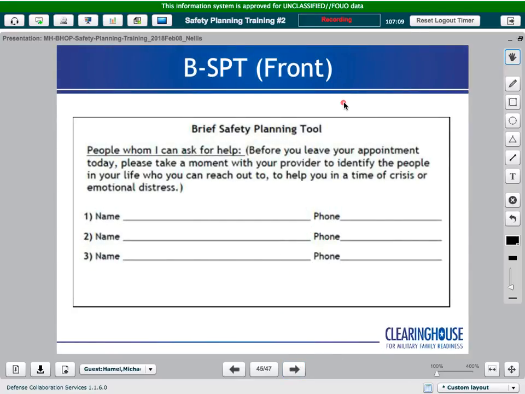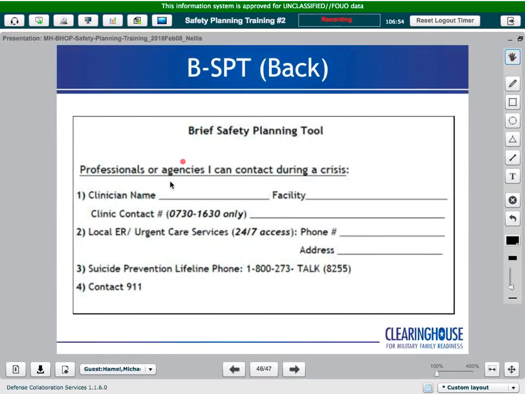So this is just an example of what the brief safety planning front of the tool looks like. As we said, it's listing your social contacts that they can utilize during an actual crisis to talk specifically about a crisis. And then the back of the card, as we said, is professional or agencies